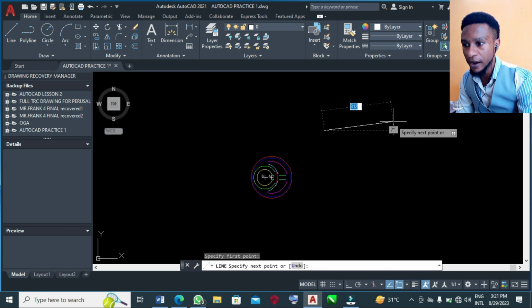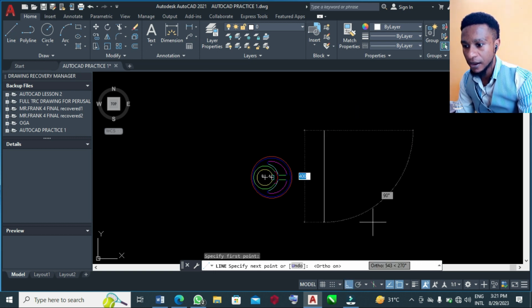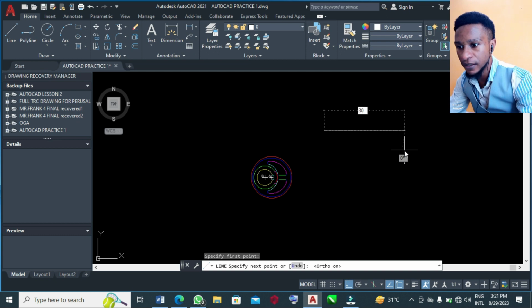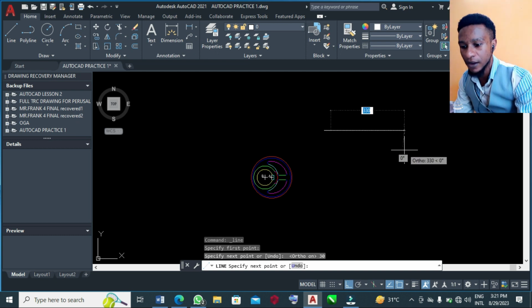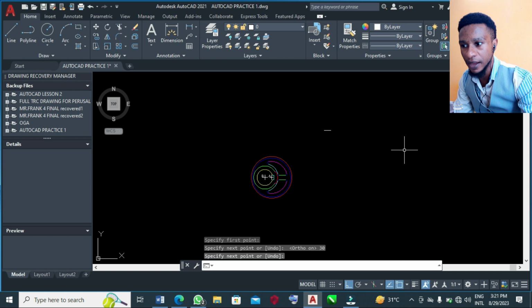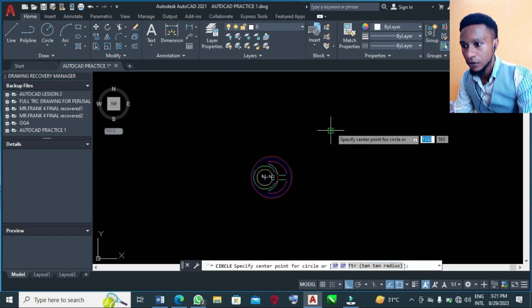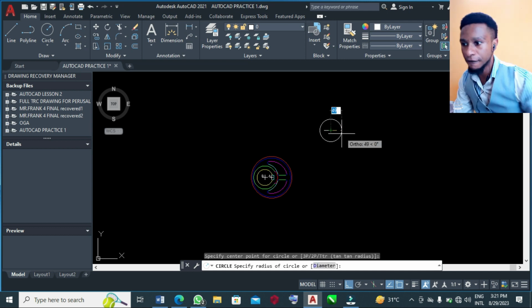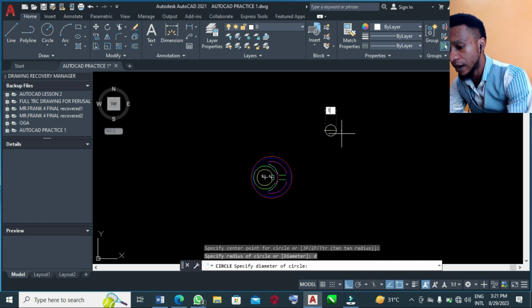So I'm going to draw a line and then type 30, that is the line of 30. I press enter and enter again to exit the command. Then I will pick the circle tool to draw a circle. The first circle will have a diameter of 182. So we'll type D 182,